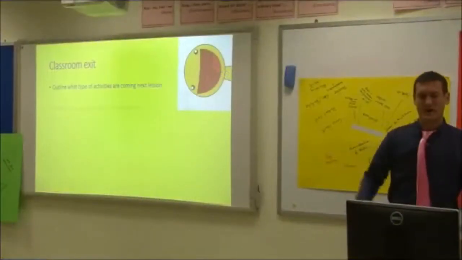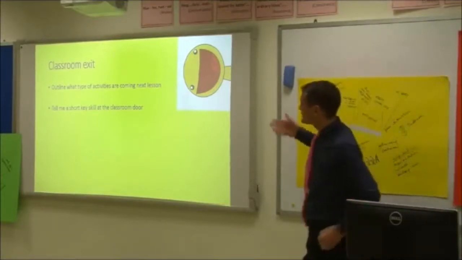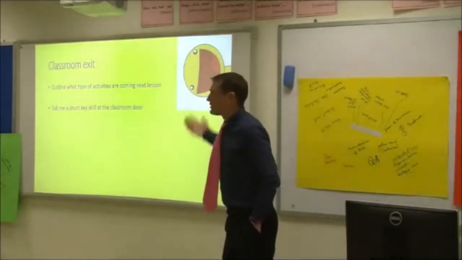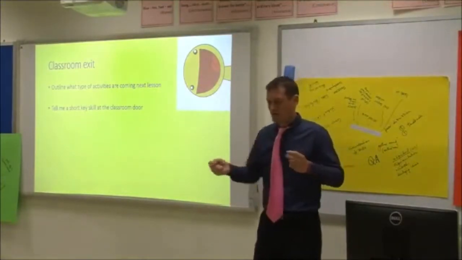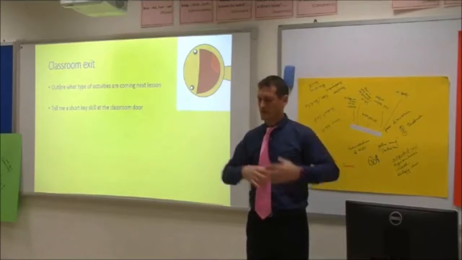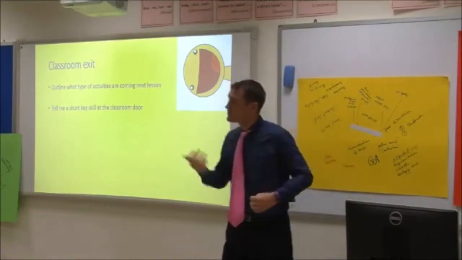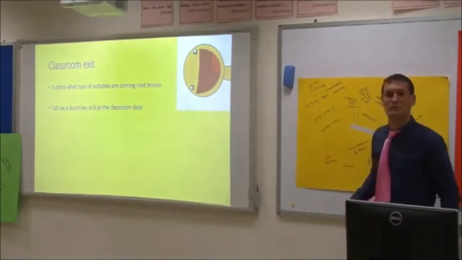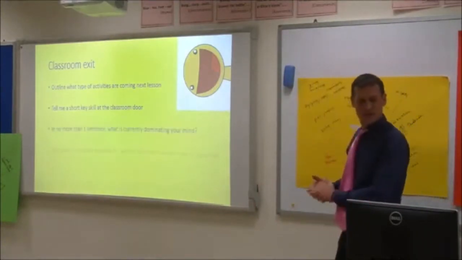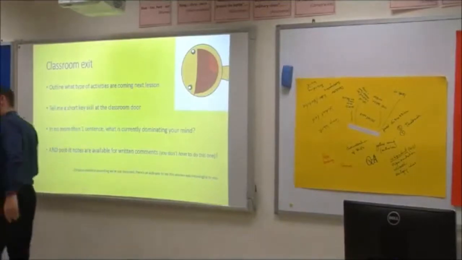And so therefore, as an exit, I've already said this before, I outline what we're doing next lesson. In my head it's like, okay, how's this gone? Which activity do I think is probably going to come next in this unit? And I prepare the kids for what's coming next. So then they've got it psychologically, they're ready. And then it's tell me something at the door. So I'm going to ask for you to tell me at the door, in no more than 1 sentence, what you're currently thinking about. If any of you do want some chopsticks, I've got more than enough here.